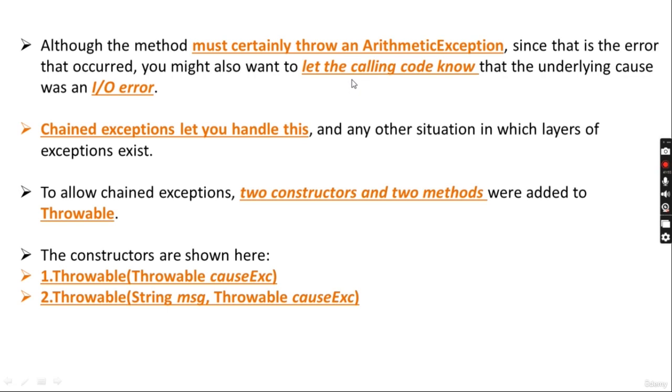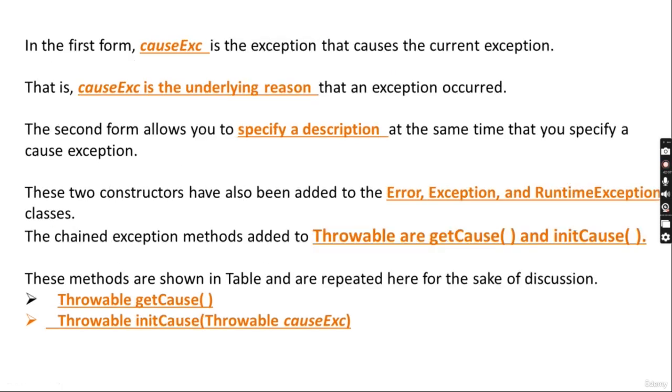Chain exceptions let you handle this and any other situation in which layers of exception exist. To allow chain exceptions, two constructors and two methods were added to Throwable: Throwable(Throwable causeException) and Throwable(String message, Throwable causeException). In the first form, causeException is the exception that causes the current exception,